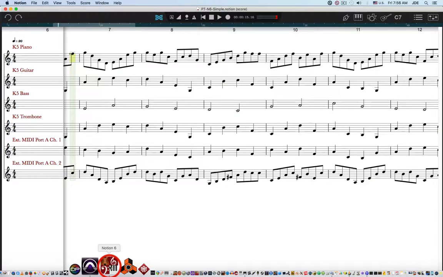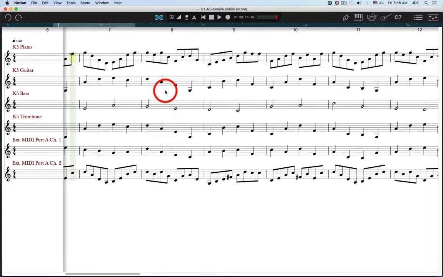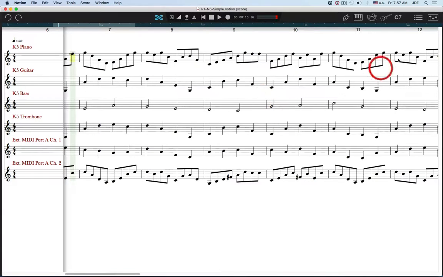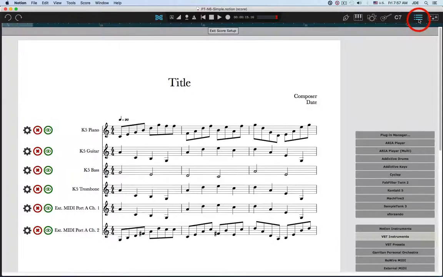Got Notion right here, and this is the way the Notion project looks. And you can see up here this little ribbon that tells you that ReWire is running and that Notion is a ReWire slave, and so that's great. And if you go into Notion setup, you'll see that we've got some staves here for the Kontakt 5 instruments